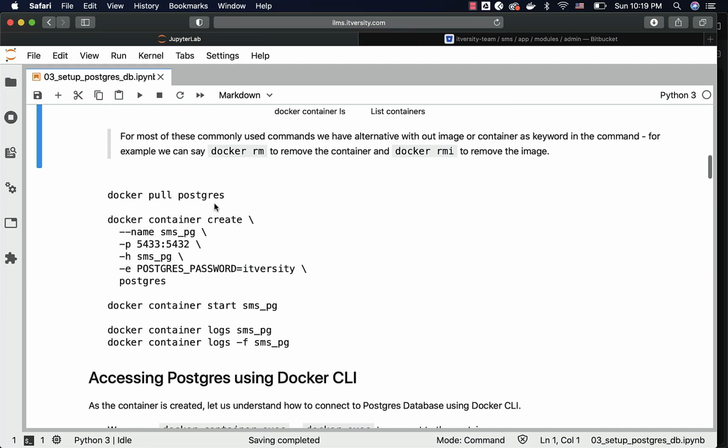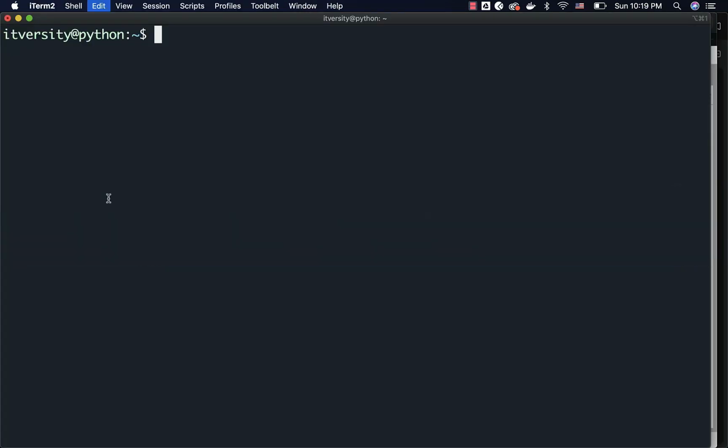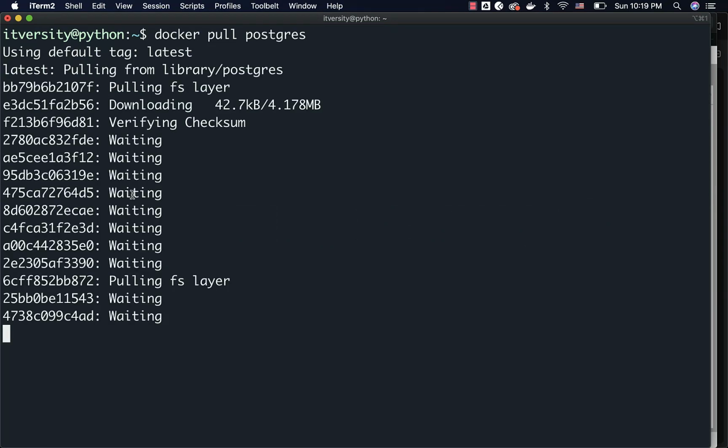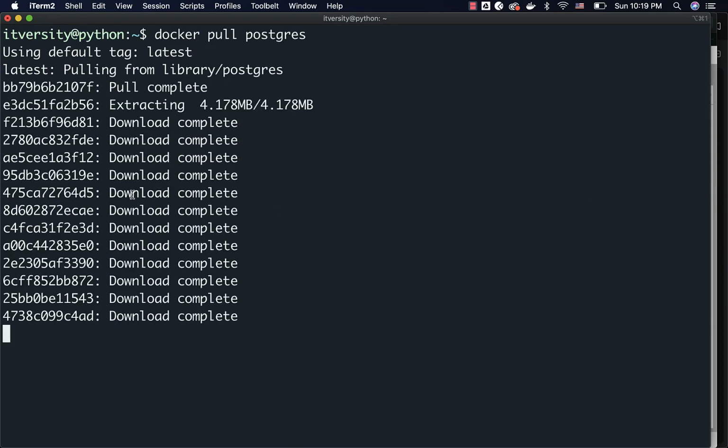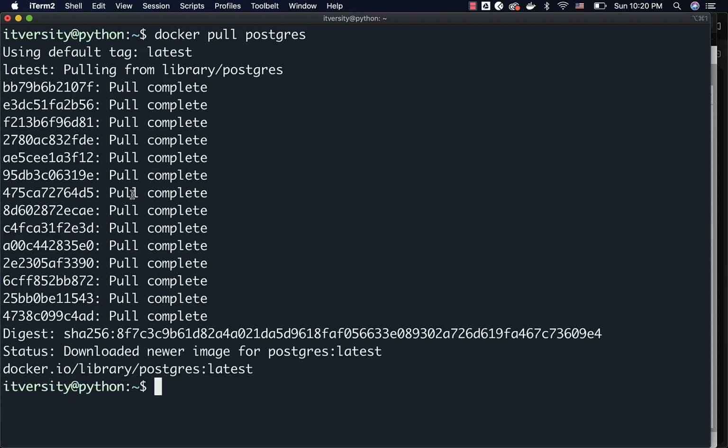These are the commands to pull the Postgres image, create the container using that image, start the container and also review the logs. First, let me run this command called as docker pull Postgres by copy pasting into the CLI or Linux based terminal on our VM. It will take care of pulling the image for us. It might take a bit of time based upon the internet speed between the server on which you are trying to run the command and the Docker Hub. If you are running this on platforms like GCP, it should be pretty fast.